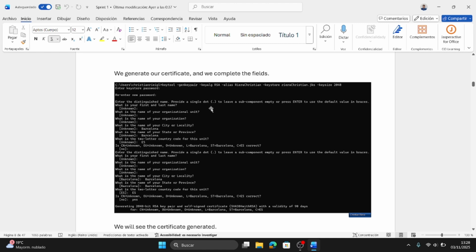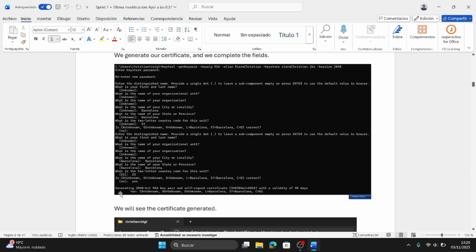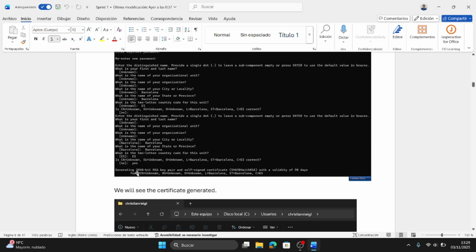And if we want to complete these questions, we add anything, or we can leave them empty. And when we finish, well, finally we confirm with yes that the information is correct, and it's going to say that it's generating the key.